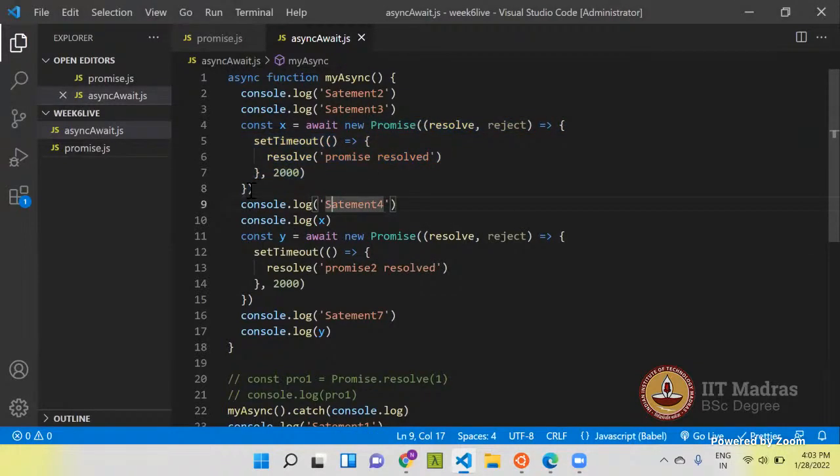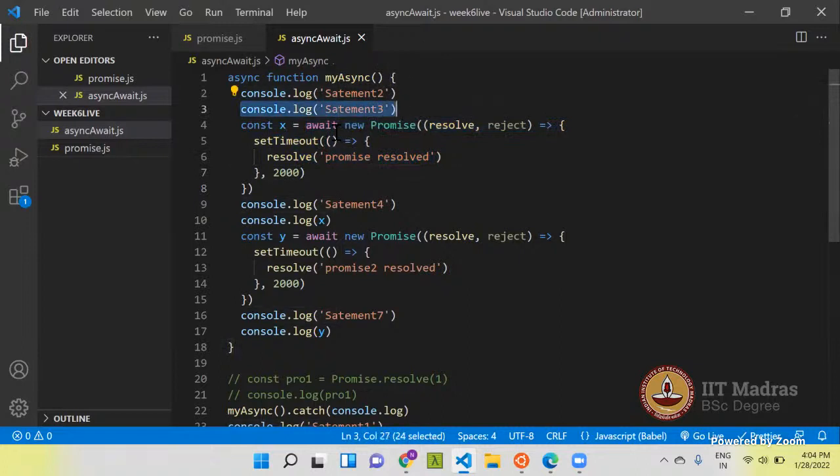Whatever statement comes after this will be executed only when this promise is settled. The control will not go here until this promise is settled.